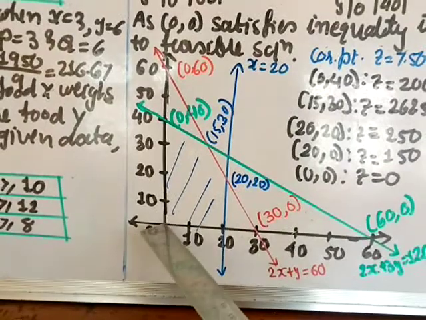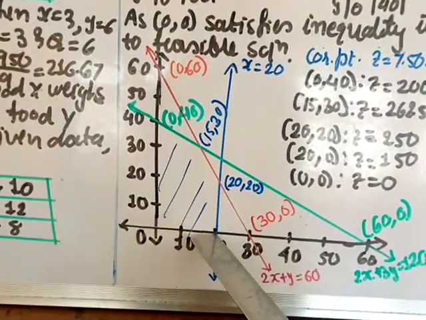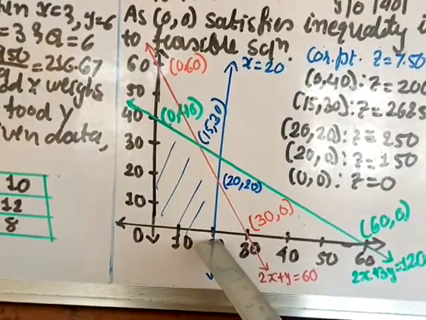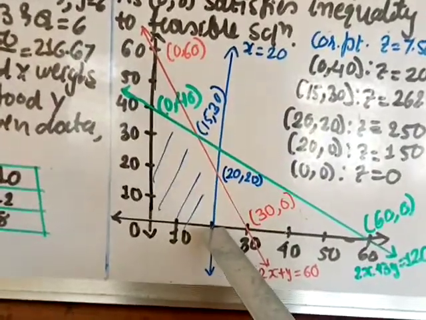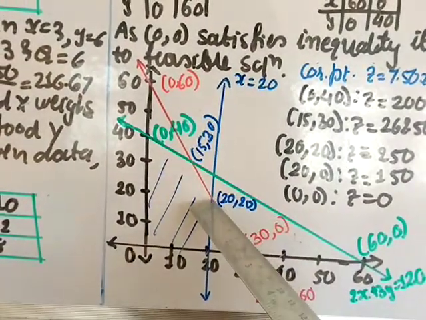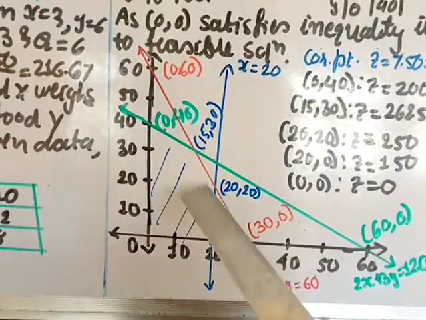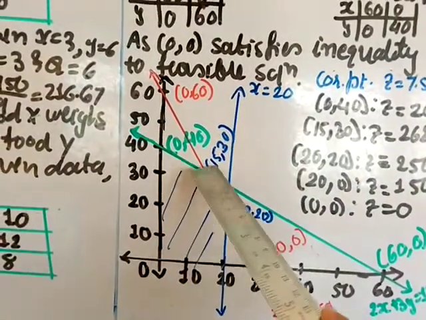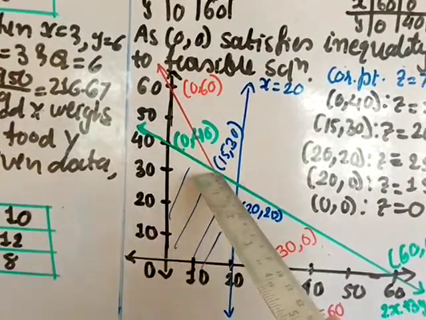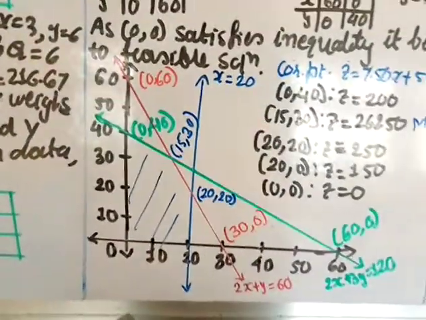Okay, so the corner points are (0, 0), (0, 40), this intersection point, and this one, that is when x is equal to 20, y is equal to 0. This is also one of the corner points. I am finding these by solving the equations of the two lines. So I am solving this, and I get here (20, 20), and I get here (15, 30). Otherwise, you can also check from the graph. This is some 50 and this is 30, y value, and this is x value 20, y value 20.